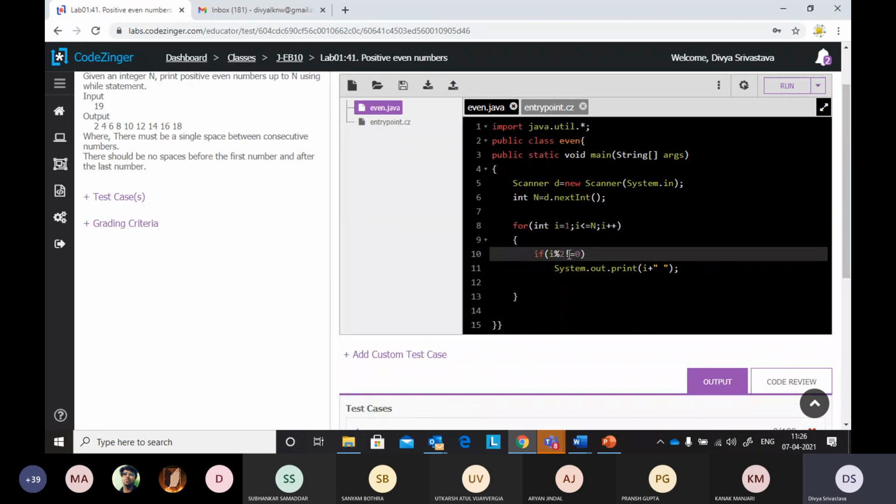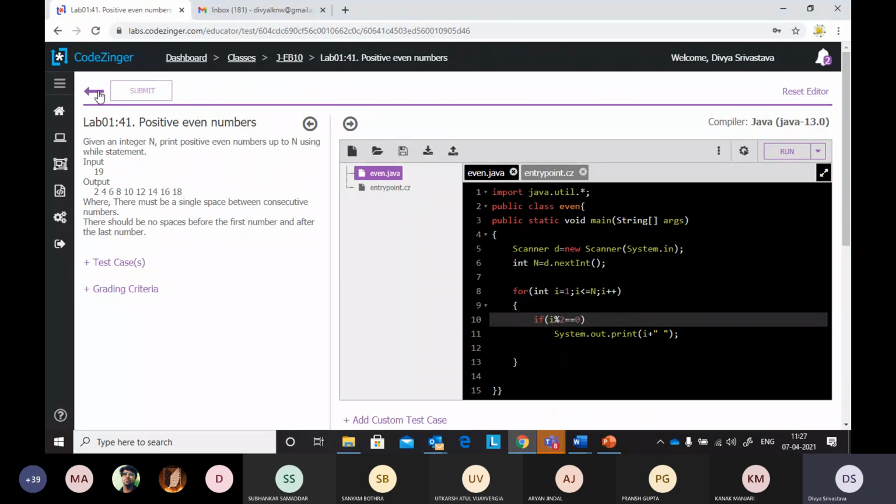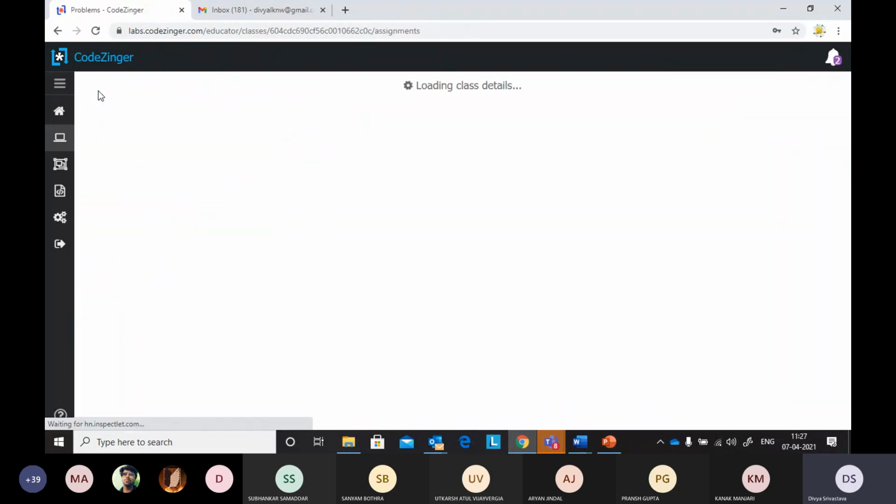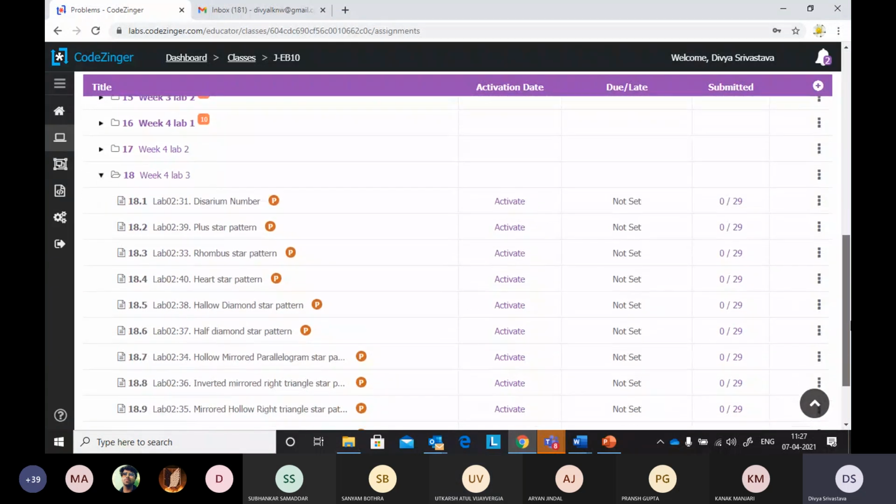So once you are thorough with the logic, then whatever type of question you are given, you can easily attempt it. That is what I say from day one: programming does not have any hard and fast logic. You can apply any logic and you can get the answer. There is nothing hard and fast until and unless it is mentioned. Since here it is mentioned to use a while loop, that is why; otherwise this can easily be done using a for loop or a while loop. Anybody, any doubt? See, if you're not saying anything it means no. No, ma'am.